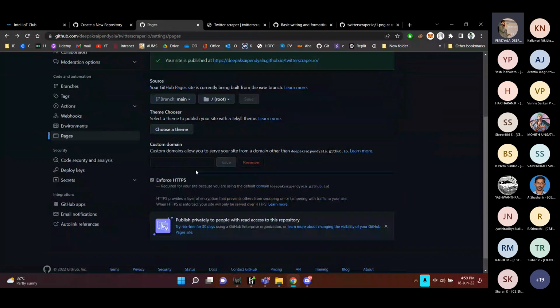And then if you are about to create something on a custom domain, there is a bit of a hectic task involved. You need to buy a domain on some domain selling website like domain.com. Then you need to enable it for the server receiving the GitHub. There will be a few server lines. You just need to mention those server lines on domain.com, and it will get activated in 4 to 6 hours. And then you can just give your domain name here and save. Then it will automatically connect the domain there.